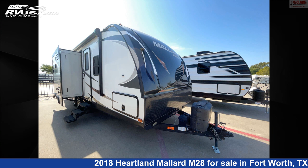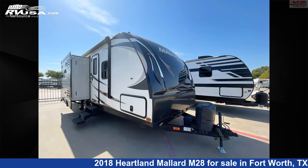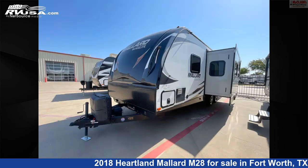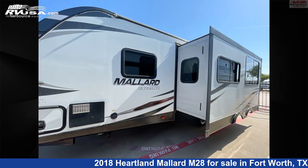This 2018 Heartland Mallard M28 is a travel trailer RV. It is located in Fort Worth, Texas, 76140 and is offered for sale by McClain's RV Fort Worth. This used Heartland is 31 feet 6 inches in length and features 2 slideouts, sleep 6, skylight, air conditioning, auxiliary